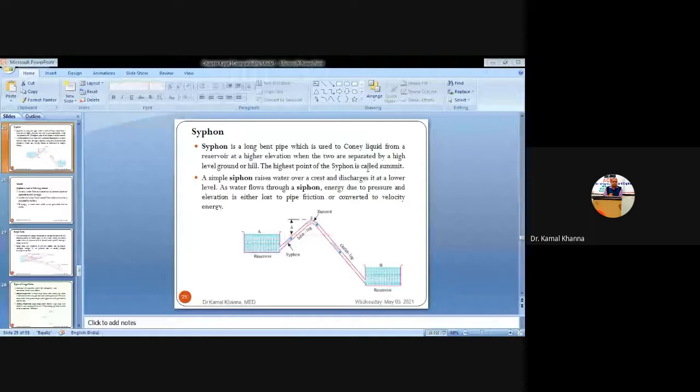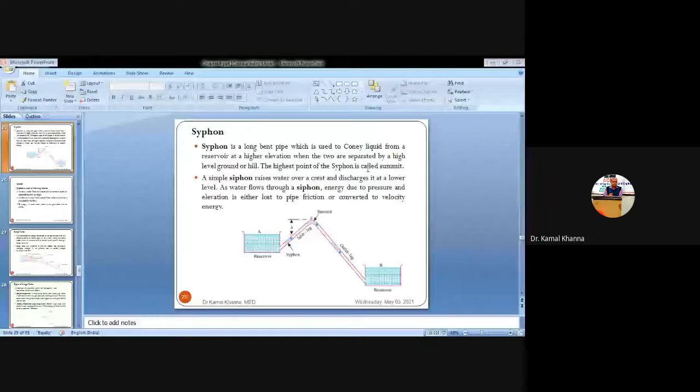So you can use the siphon tube in a tank where the outlet is not provided, and you can transport the water from one reservoir to another reservoir whenever there is a difference of height between the points from where the water is being transported. And the third case is whenever a canal doesn't have any outlet for the water to flow. So in these three cases you can use the siphon tube.